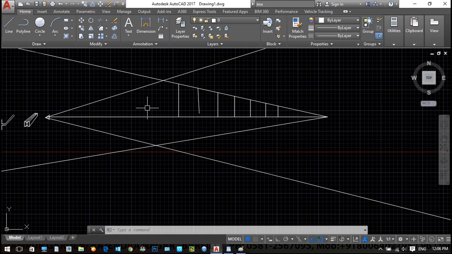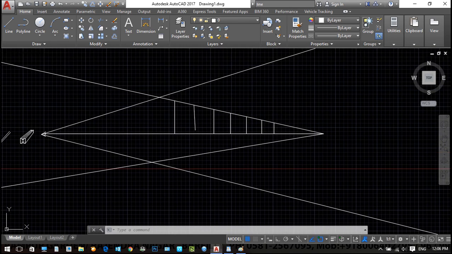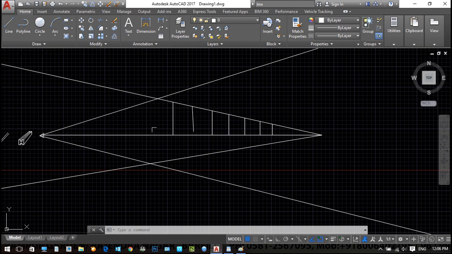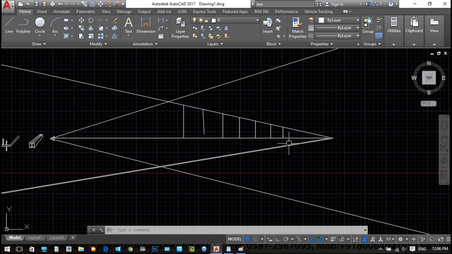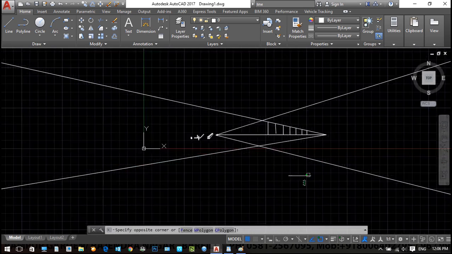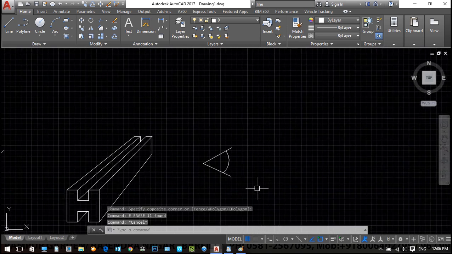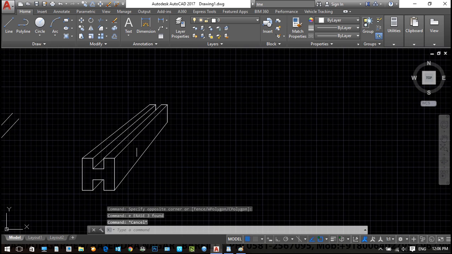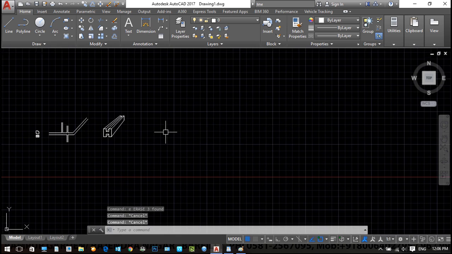In isometric, if you are creating a square or a rectangle, all sides are the same, the first one and the last one. But in the case of perspective, there will be a difference between the two, because the original distance is this and the last distance is this, so it will reduce as per the distance, how far it is going from us. So we utilize the ray command to create a perspective point. So basically these are the conditions.